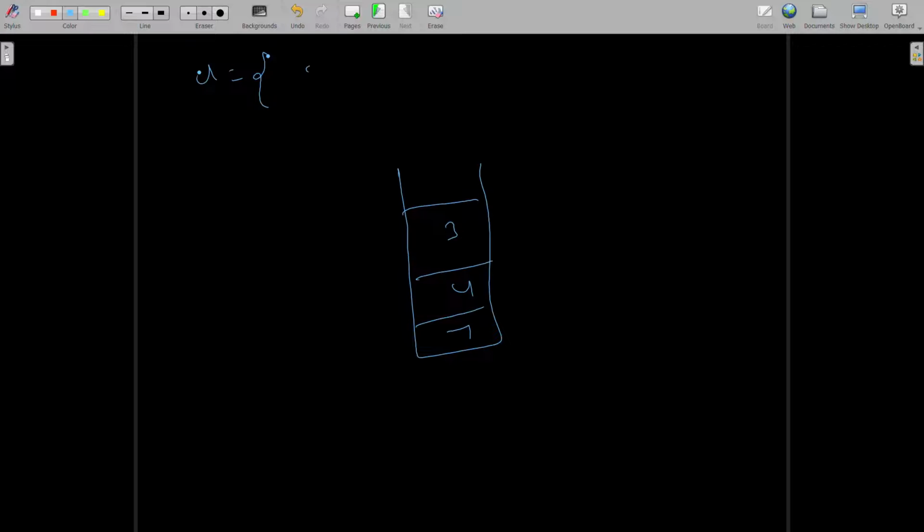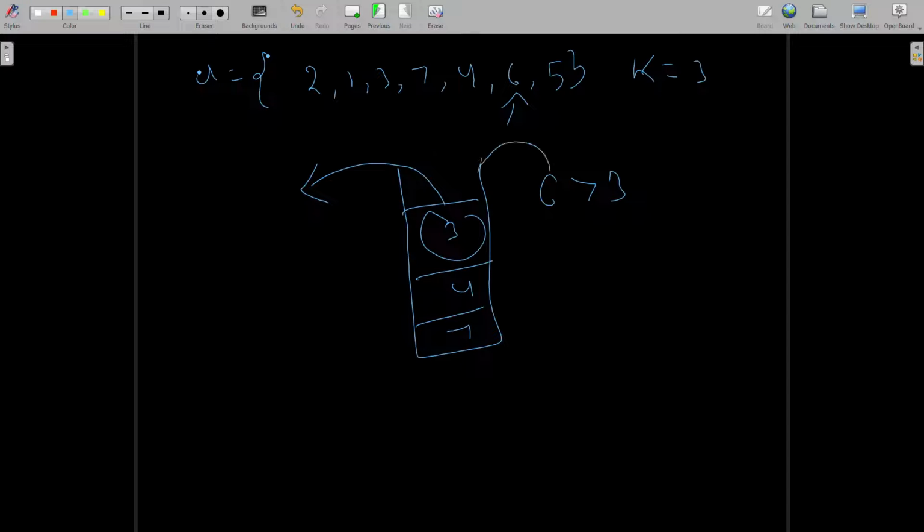Our array is 2, 1, 3, 7, 4, 6, 5, and k is equal to 3. Now our pointer is at 6. The 6 arrives, and the topmost element is 3. Since 6 is greater than 3, we pop the topmost element and insert the 6 into the queue. Therefore our queue becomes 4, 6, 7, with 4 at the top since it is the smallest element of the minimum priority queue.